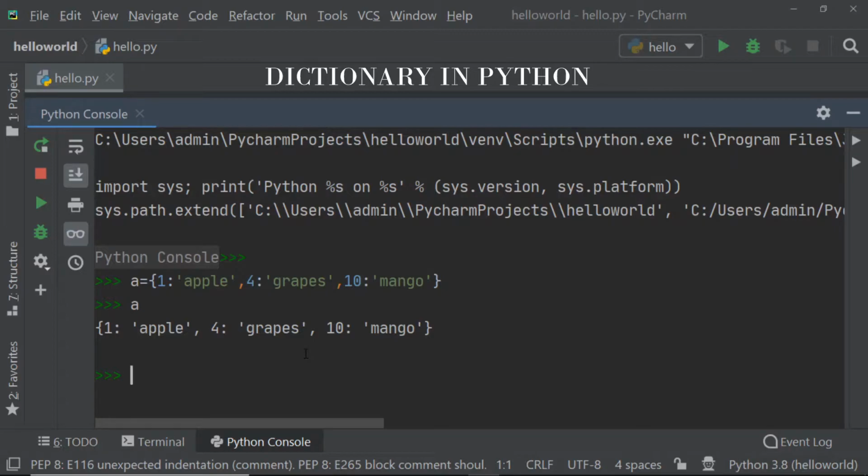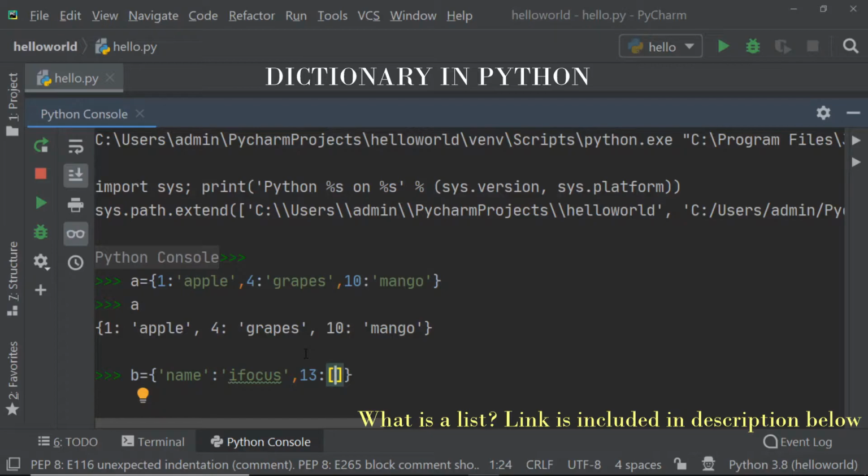So I will create another example as B, and in that I will use a string as my key, and let's say the value is iFocus. The second I will take as a number, let's say 13, and the value I am taking as a list. Now here we know that we can create a list by using a square bracket.